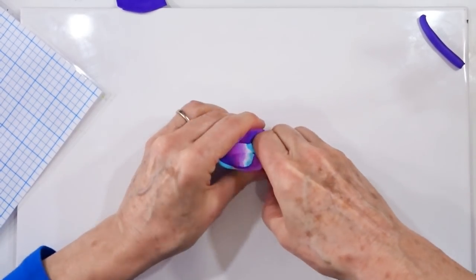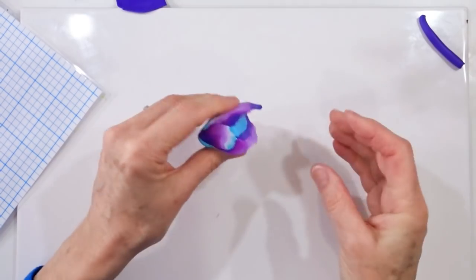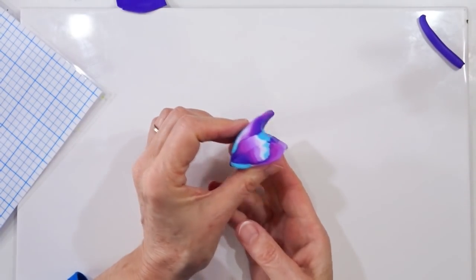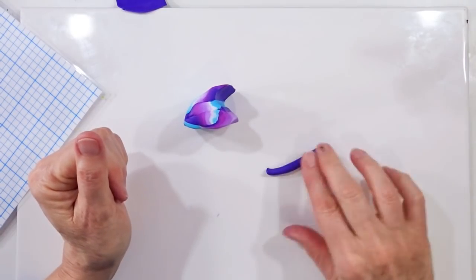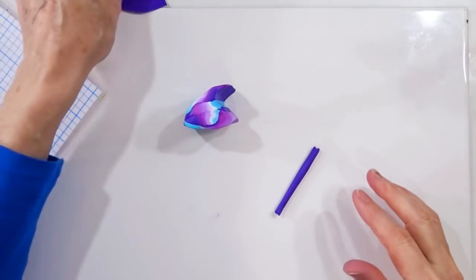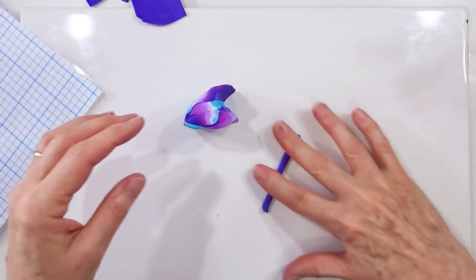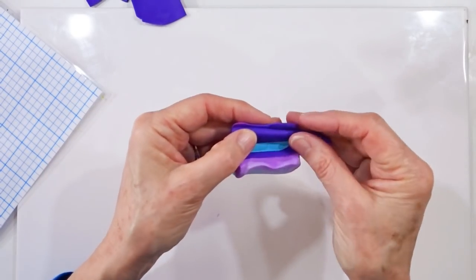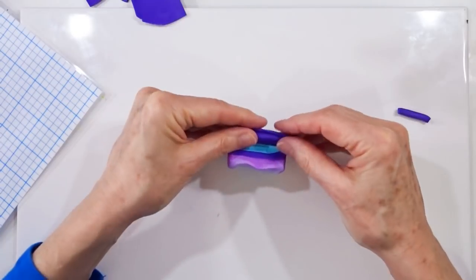So I do just find it easiest doing it with my finger. And this time, once we've got the curve in, and we've got a nice point on it, exactly the same as we did last time, remember that extra little bit of roll we had? So if you haven't got one, then use the leftover bits of clay to do it. And about the same size as we put along the top of our piece there, just pop that in